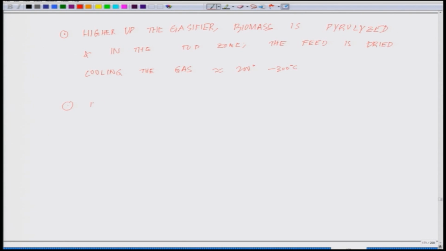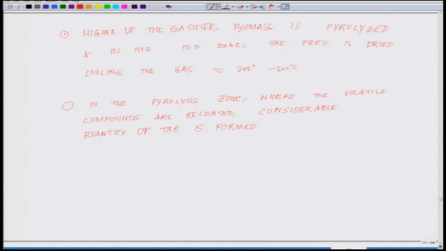That means in the pyrolysis zone, where the volatile compounds are released, a considerable quantity of tar is formed,